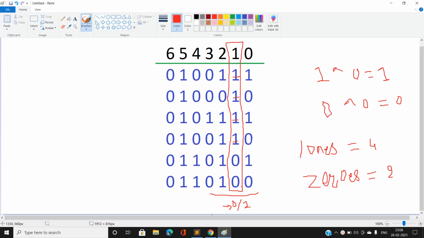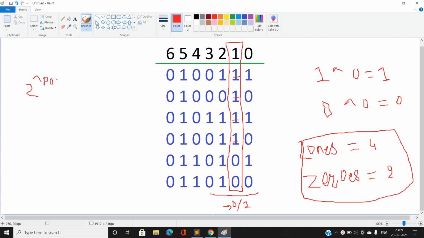Our value will be minimized only when the number of ones is less than the number of zeros. Why does this happen? Because if the number of ones is higher for a particular bit position, then our sum will be what? 2 power what position?